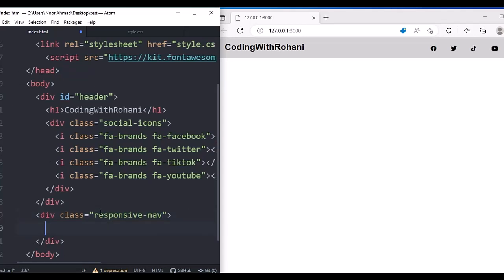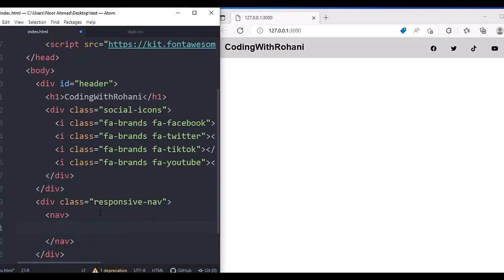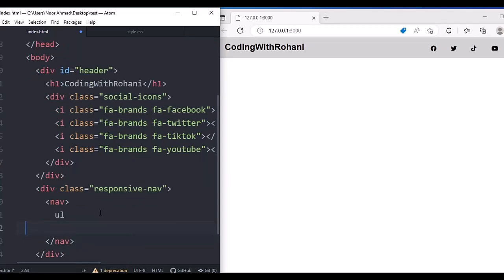Responsive navigation bar. So I'm going to create nav ul and li, and inside li I'm going to create a element, and here I'm going to add